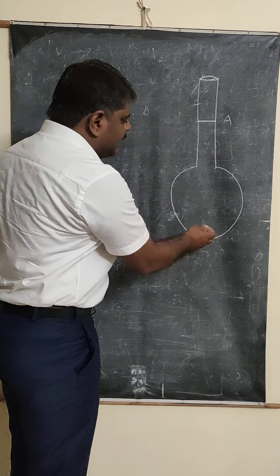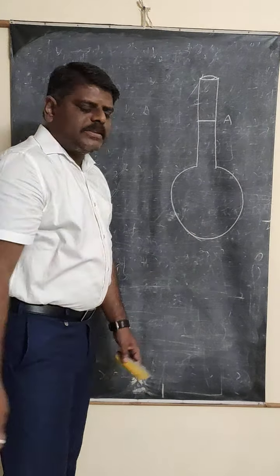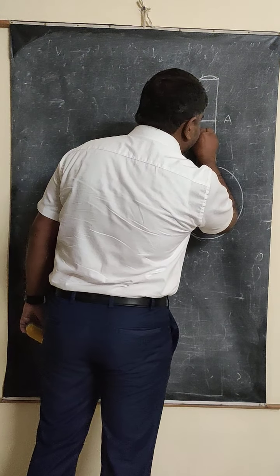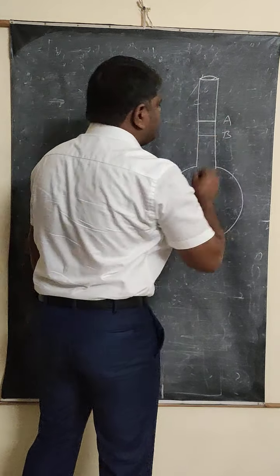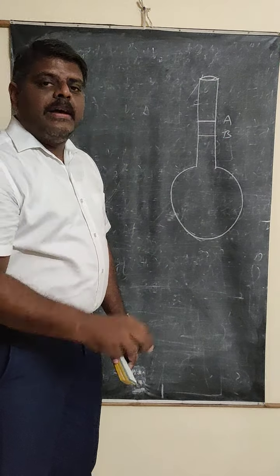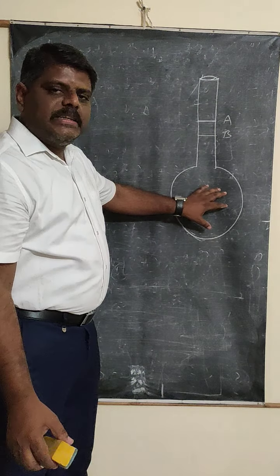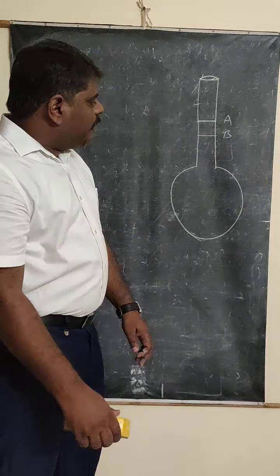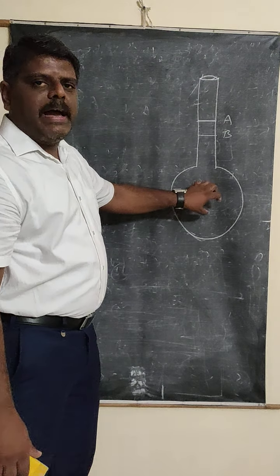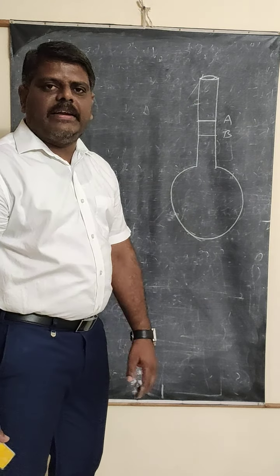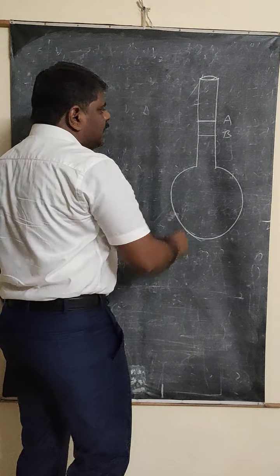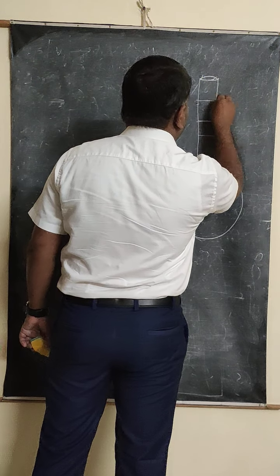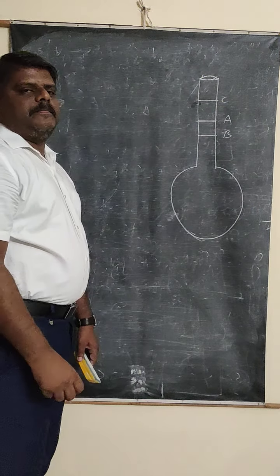First what happens, we have started heating the glass flask. First the glass flask will expand. Then what happens, the liquid level will decrease up to B. After that, the liquid takes the heat energy and starts expanding. And we already know that the expansion of the liquid is greater than the expansion of the solids. That's why again the liquid level rises and it is going to reach the point C.